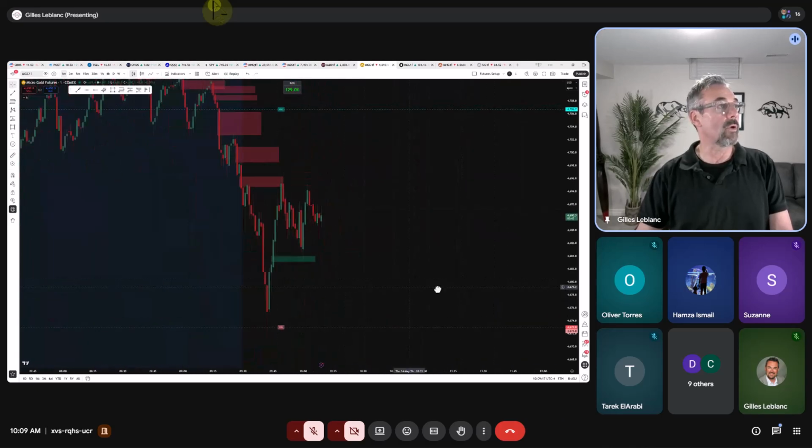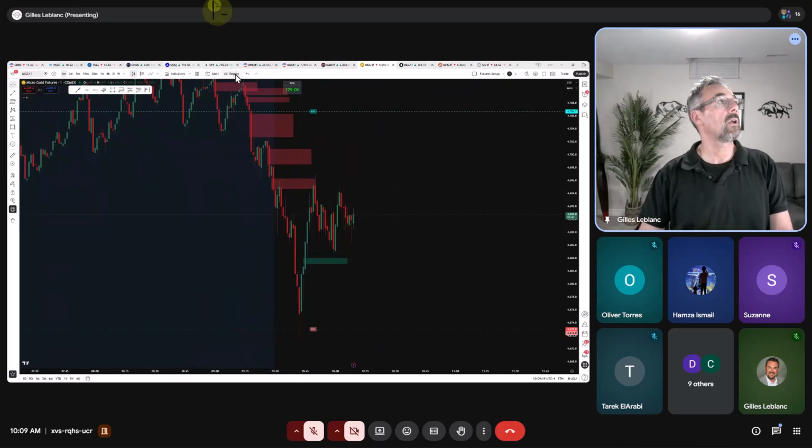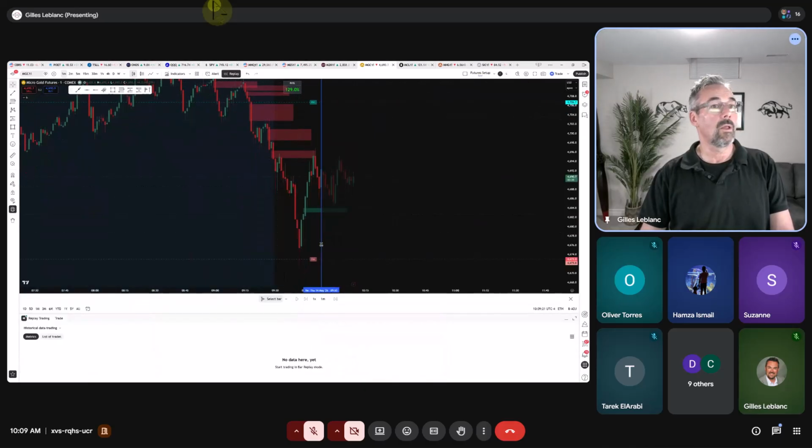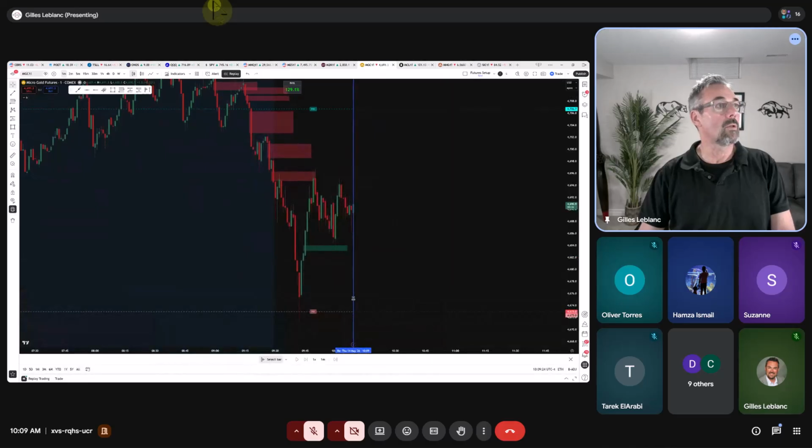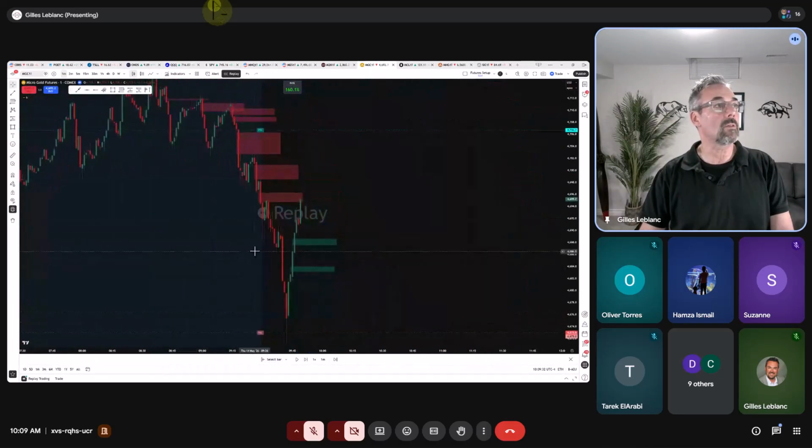This one printed 2 fair value gaps. And I'll hit the replay here, just to show that there was one there, and there would have been one right here as well. Right? So if I go like this, there's a second fair value gap. Third fair value gap. And then we start selling. Okay, so from the bottom to where it started reversing.